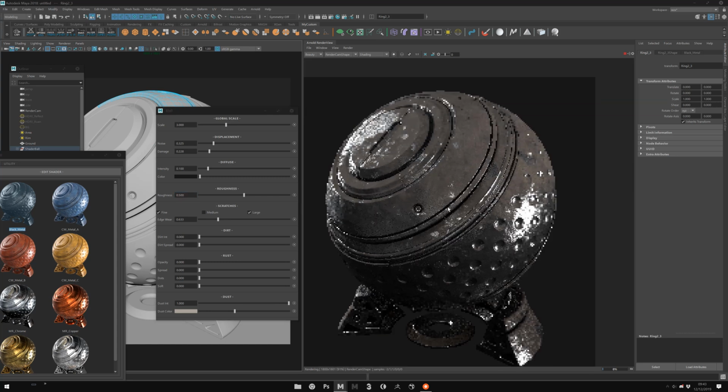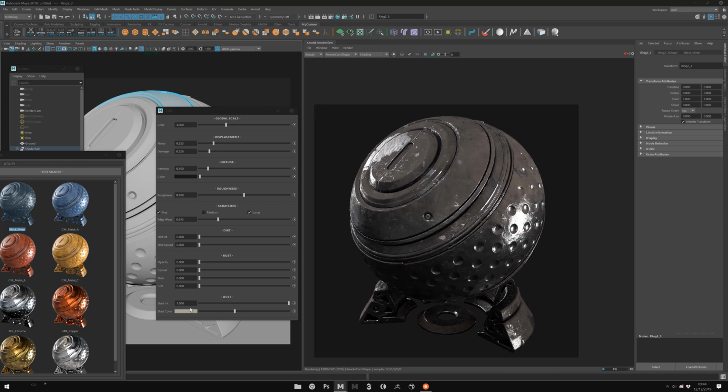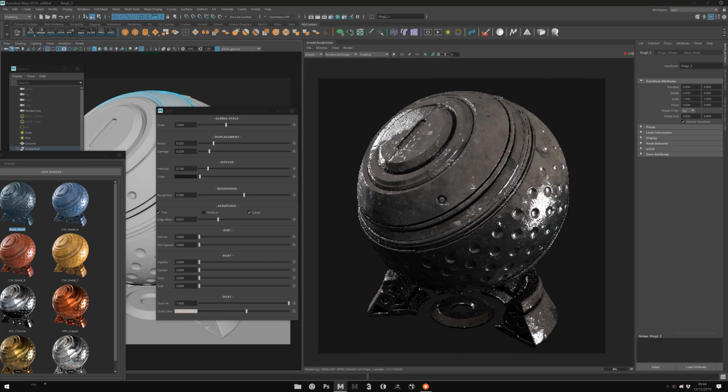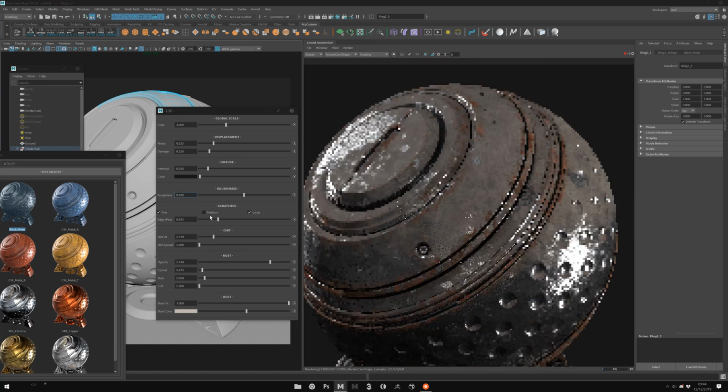You have an opacity. And look, the dust is really like a dust effect, which means it's only from the top to the bottom, and you will not have dust on areas where there is no logical place for it. It's like the dust was spread from the top, voilà, like that. And you can control intensity and color of the dust. So you see really interesting things, and everything is logical, which means the dust will be on top of the rust, etc., and on top of the dirt.